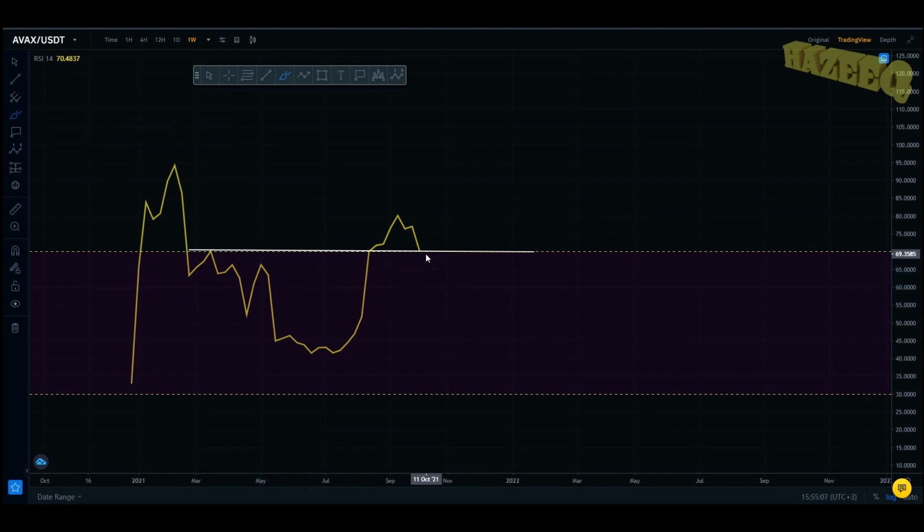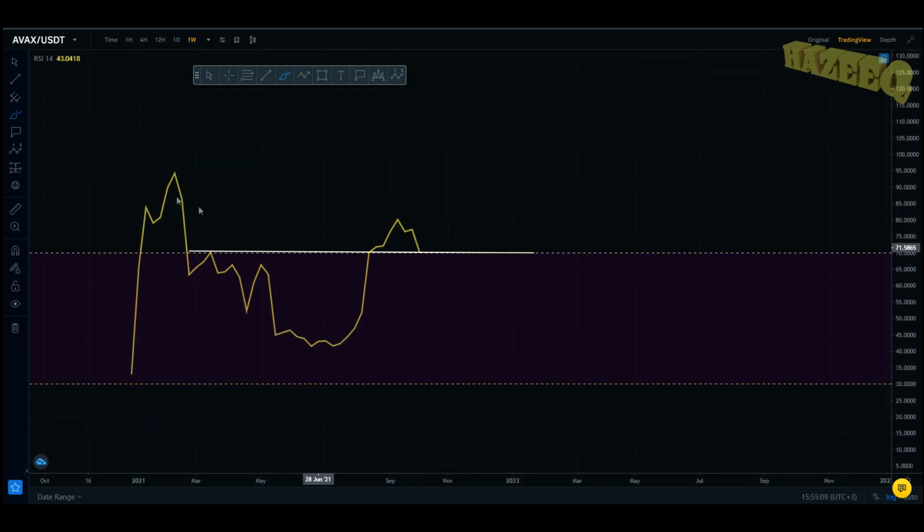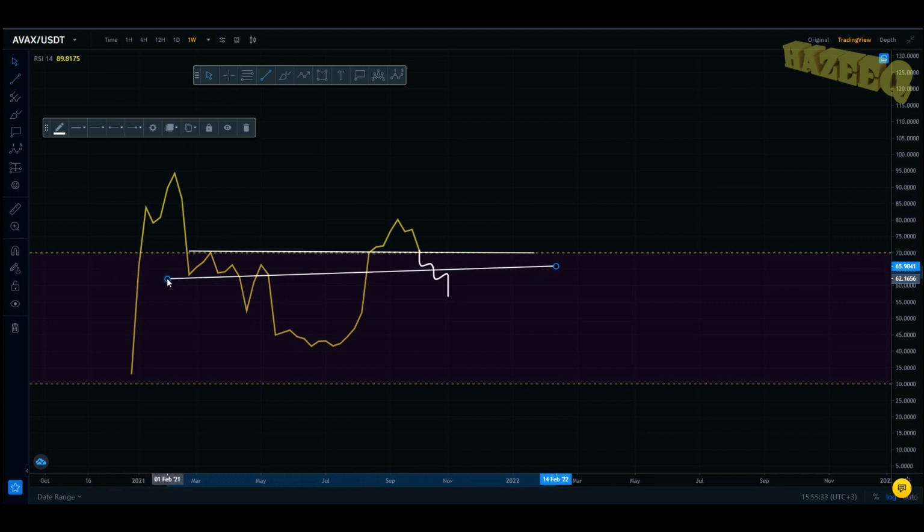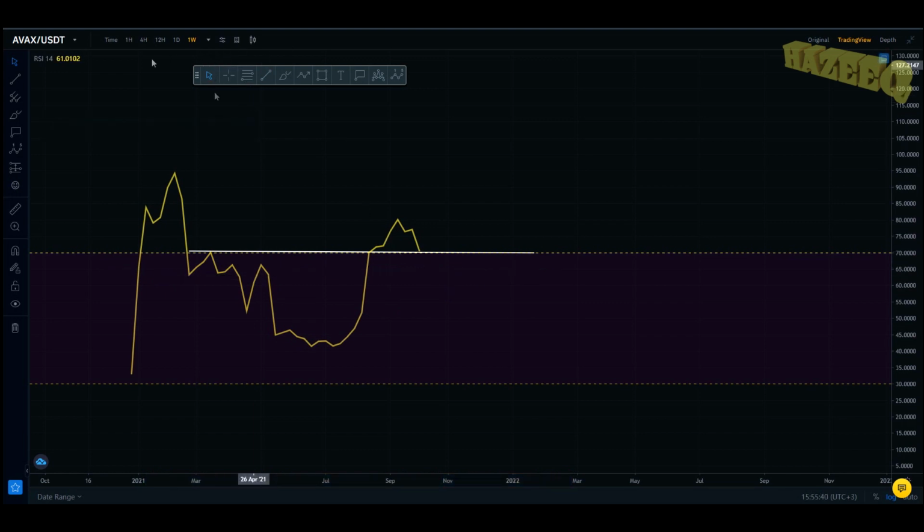I think it is probable that may happen as well. So, this is a crucial moment for AVAX right now. We're sitting on the 70 on the index, spot on. So if we don't start another impulsive wave right now in the overbought, then we're coming back down lower if we lose support. And if you lose support, look for those EMAs on the daily and on the weekly charts. Honestly, what would be healthier is if we came back down, had a little pullback, maybe met a support line over here. As you can see, there is some support that we can come back to at 65 on the index, but nobody knows for sure.